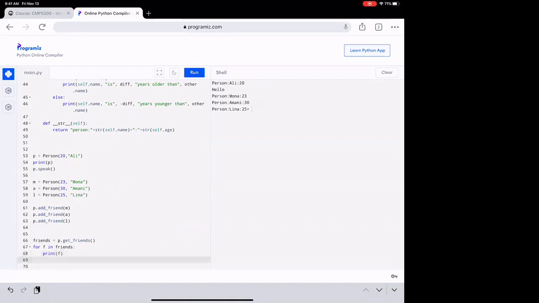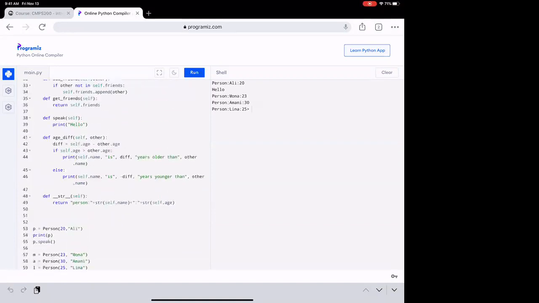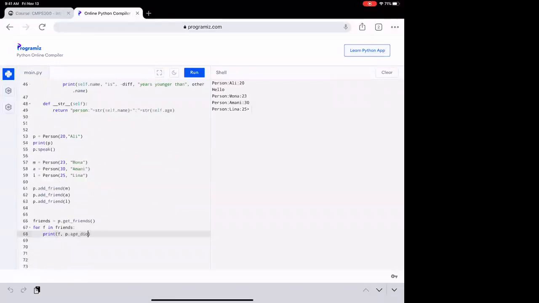So I'm going to do the following. Instead of printf only, I'm going to say also printf, comma, f.age or p.age, what is it called? Age diff of f, right? So I'm looping over my friends, and for each one, I'm going to print their information plus saying who's older by how many years. If I run it now,